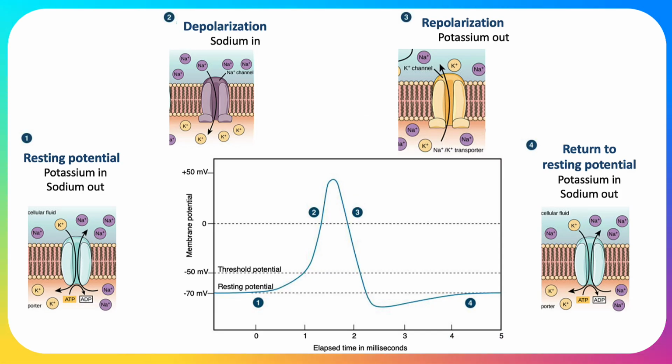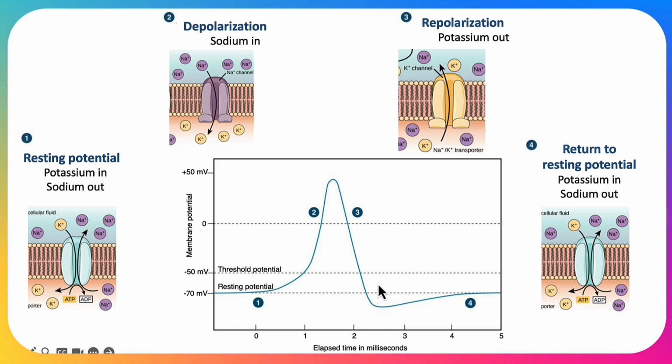Now, this looks a lot, so I'm going to try and talk you through it quite systematically. This is what the action potential looks like. We start negative, so this is the difference between the inside and the outside of the neuron. It's negative on the inside compared with the outside. So the actual action potential, you can see that it becomes positive, and then it rapidly becomes negative again, and then it returns to normal. Okay, so the action potential, positive and then negative.